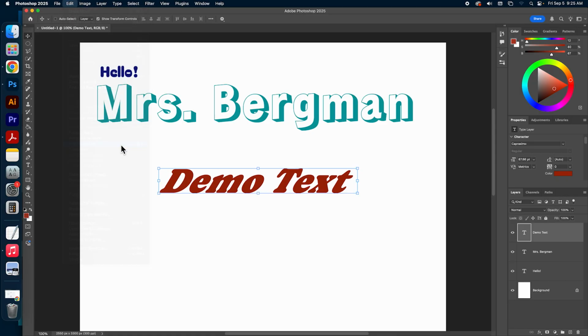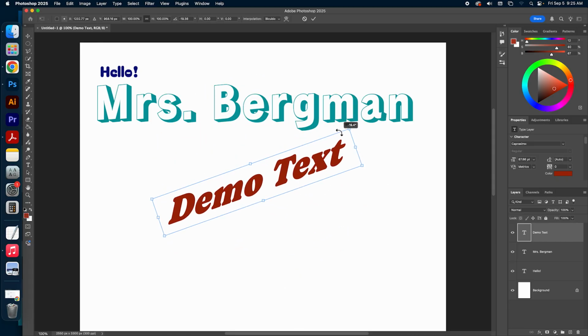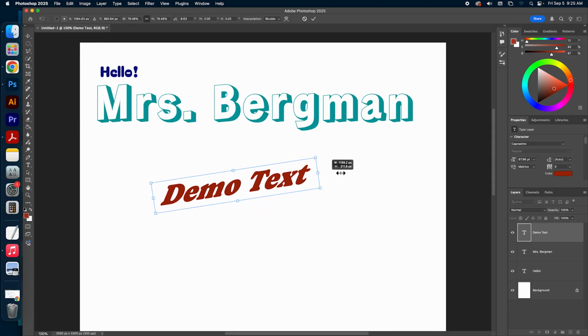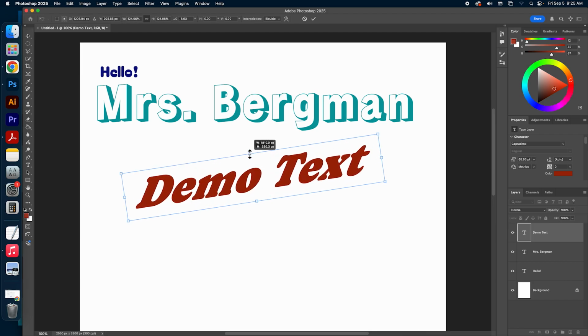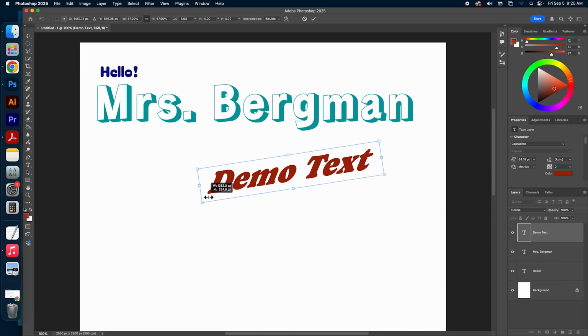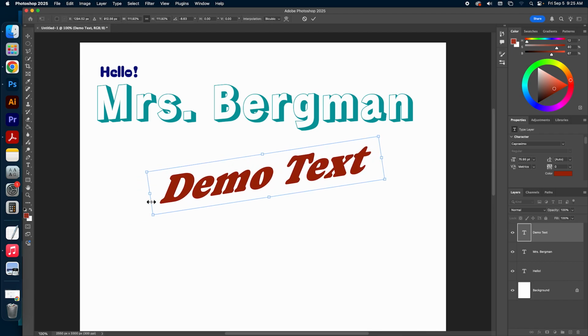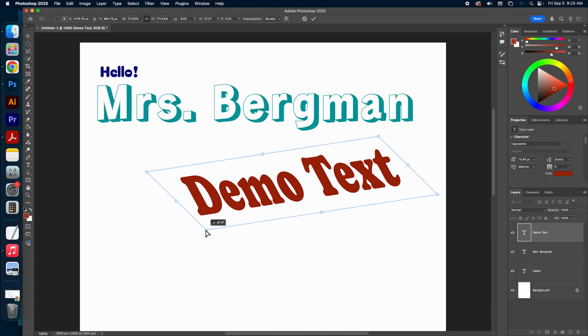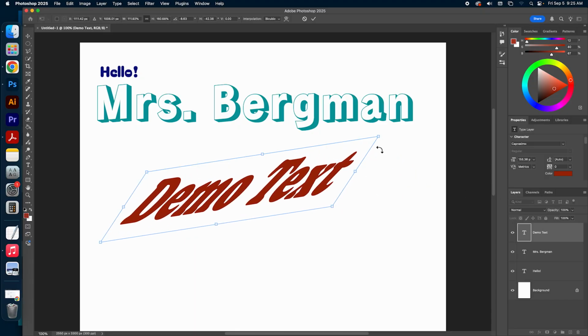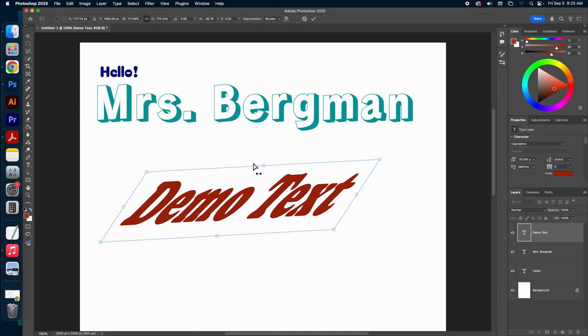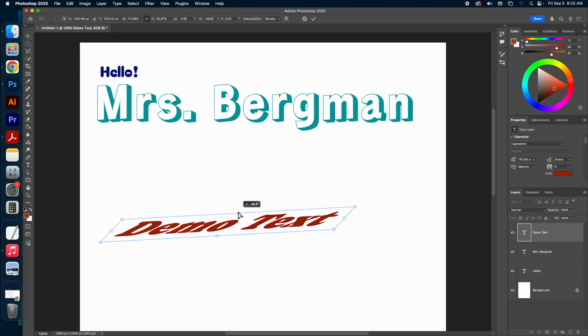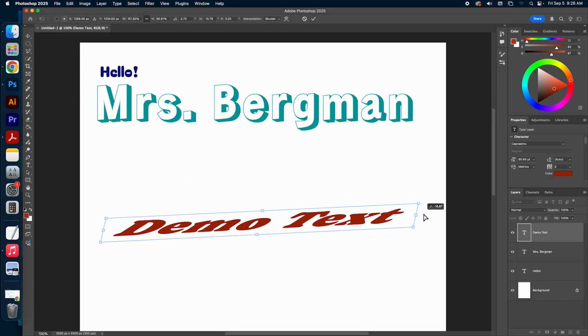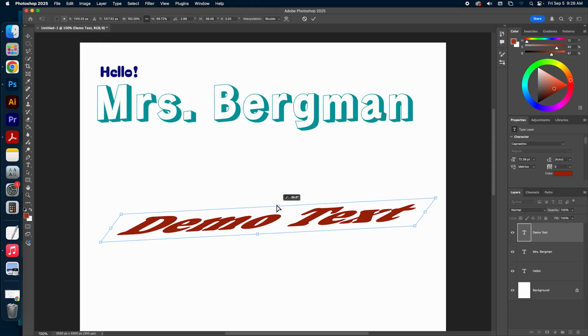We can also use free transform, which will allow us to grab the corners and scale and rotate. If you hold down Command, it will allow you to do some more advanced things, skewing and stretching and basically really warping the text.